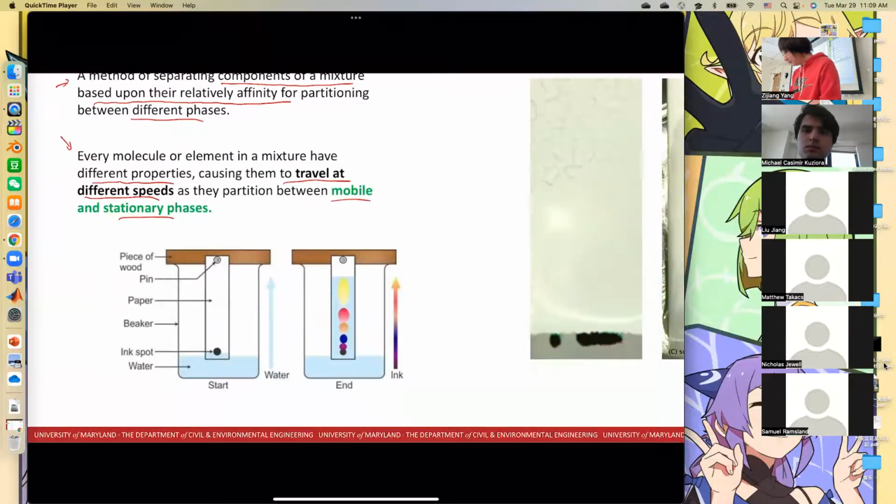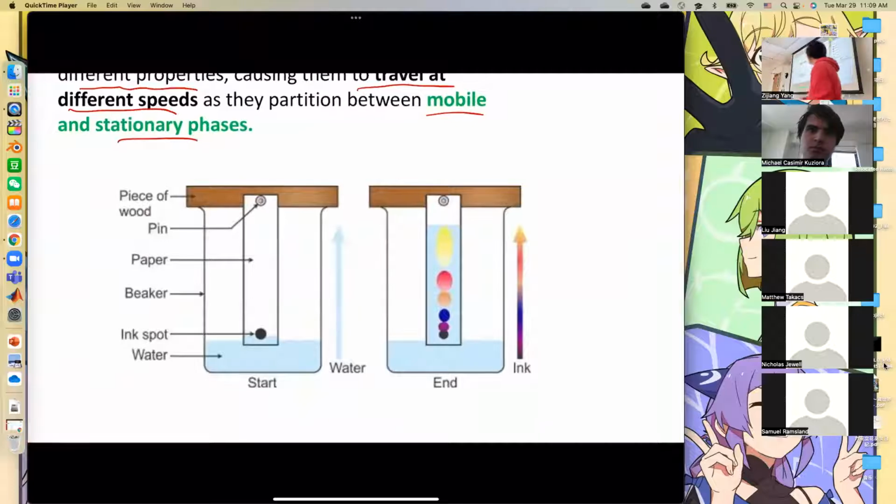Let's look at an example. Suppose we have a solution and we have a paper here. So this is a paper and we have the black ink. We know that black ink is a mixture of inks of different colors. And here we have water. Because of the capillary effect, when we put this paper into the water, the water will go up. And as the water goes up, it will carry some of the ink